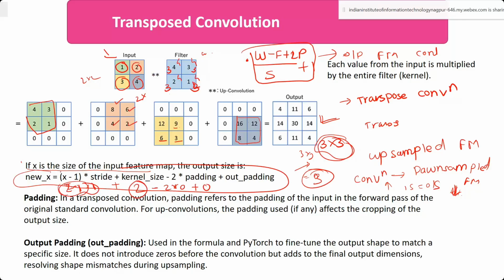So X is the input dimension. Stride here, no stride mention, continuous sliding is there. Kernel size is 2 by 2, you have taken this kernel size. And then padding, no mention about the padding. So this padding is for input data. Whenever you have an input feature, if I thought of using 0 padding here, this is called the padding of input data.